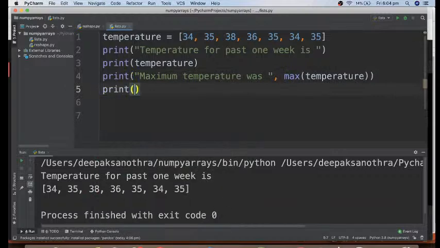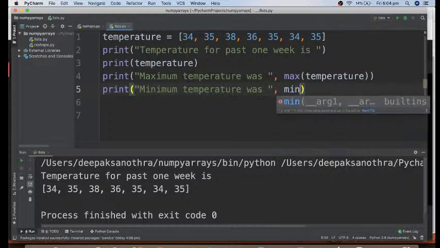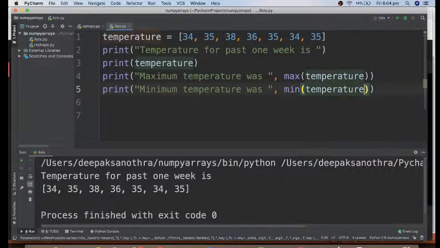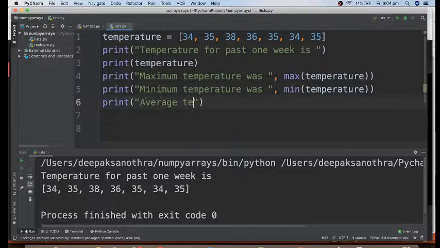Similarly, if you want to show the lowest, you can write minimum temperature was, and I can use the function min. And if you want to show the average temperature, you can do that as well. So we can write average temperature was, and we write